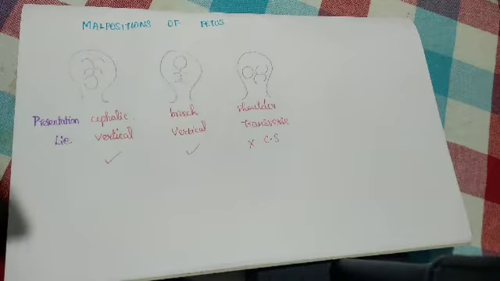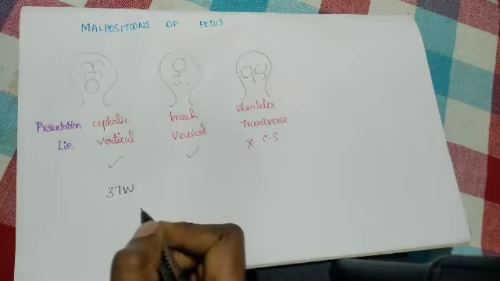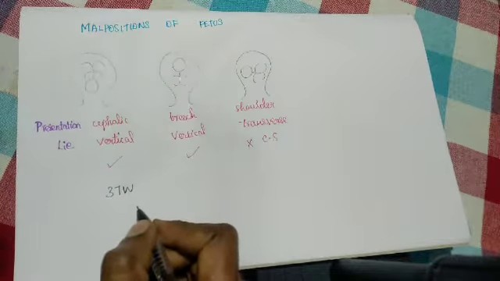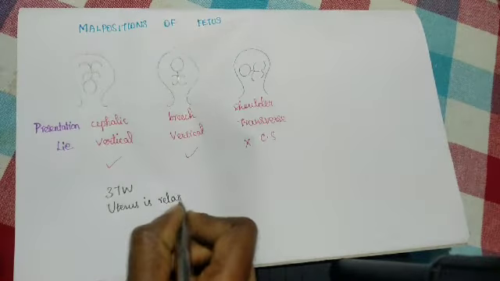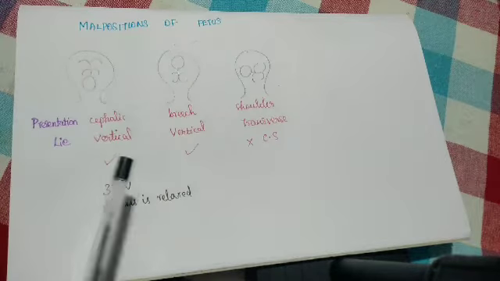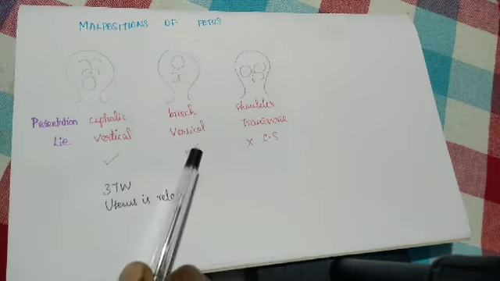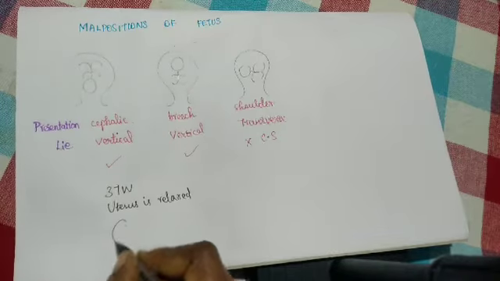Suppose these three present to you at around 37 weeks of gestation and not in labor. The uterus is relaxed. The cephalic presentation, we don't have a problem. And number two, the breech presentation. The baby is in a breech presentation, the uterus is relaxed. What you can do, you can turn the baby like,